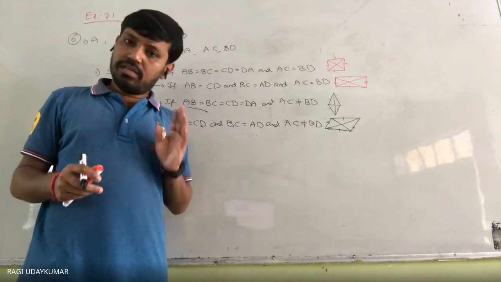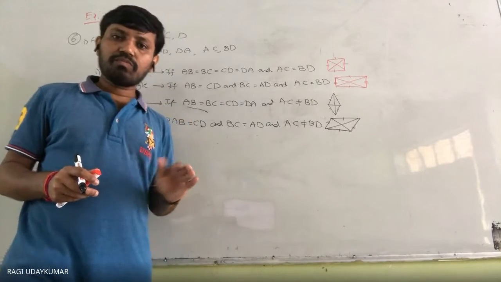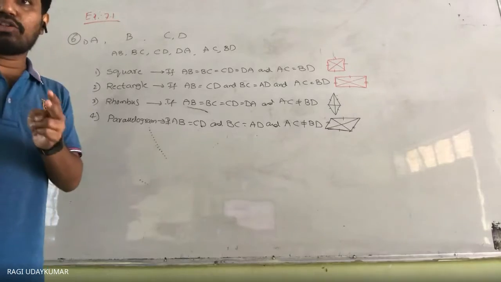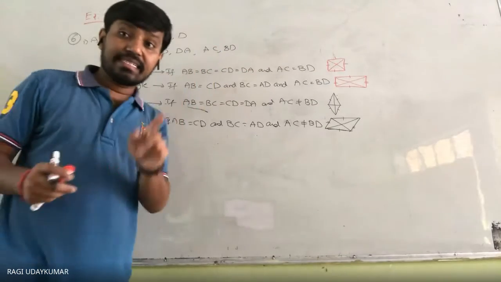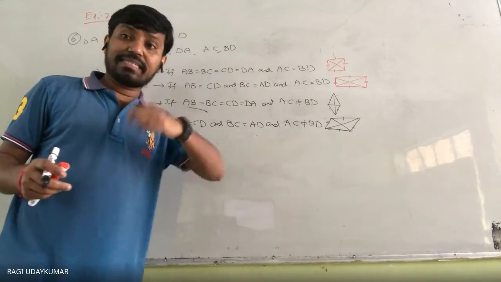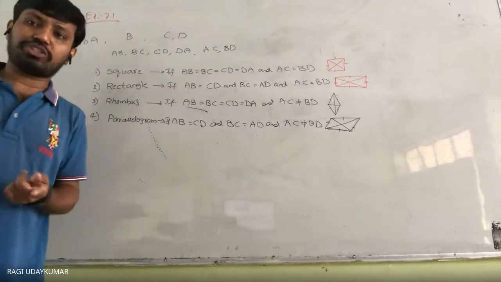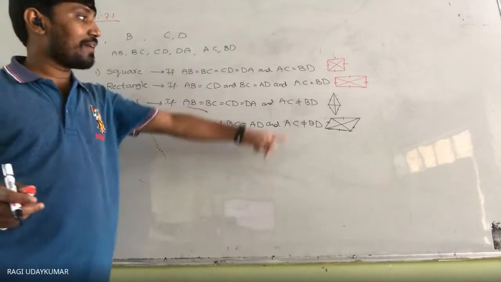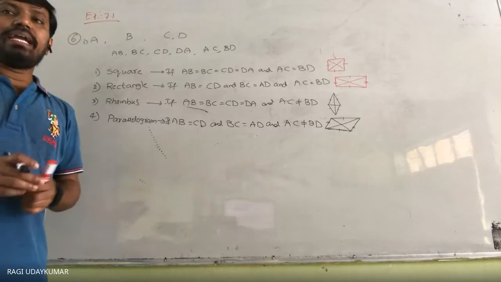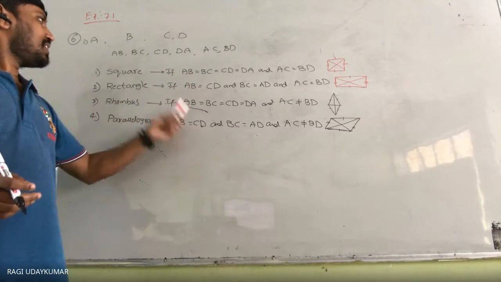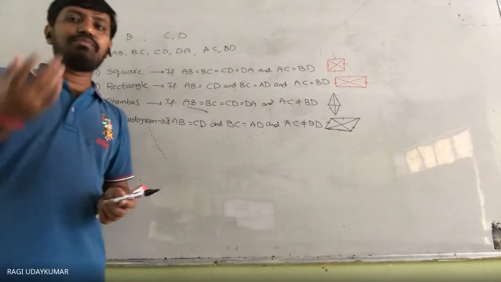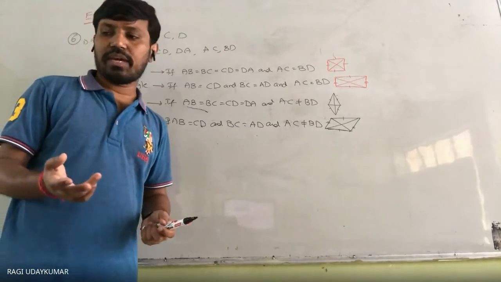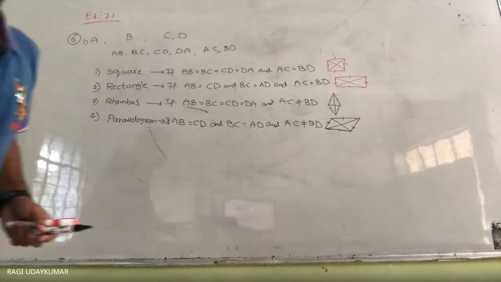Okay? Did you get my point? So for the three questions, what do you have to point out? Six distances. Six distances means you have to write the distance formula 6 times for every question, and see what conditions you get. So depending upon any one condition, you can say that it is a square, rectangle, rhombus, or parallelogram. So these are the types of quadrilateral whenever you see them. Okay? Did you understand?